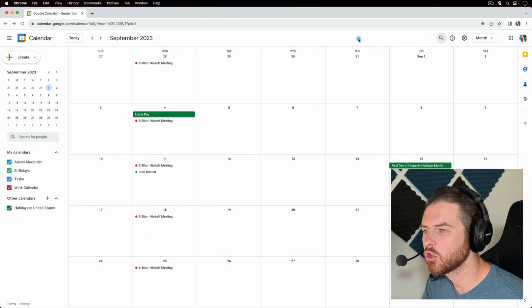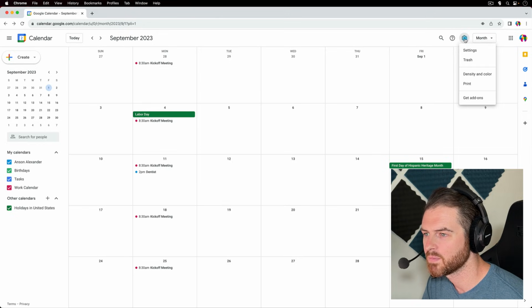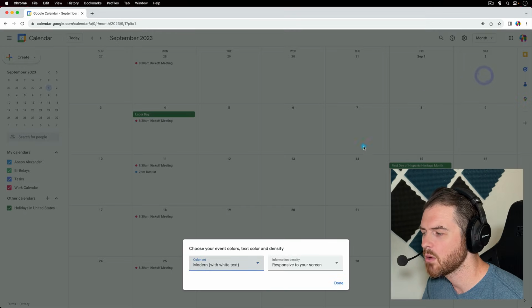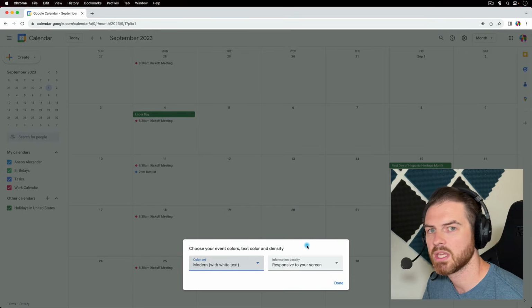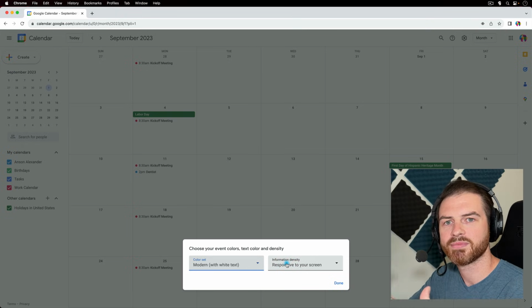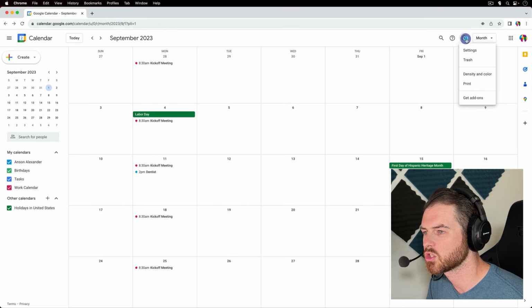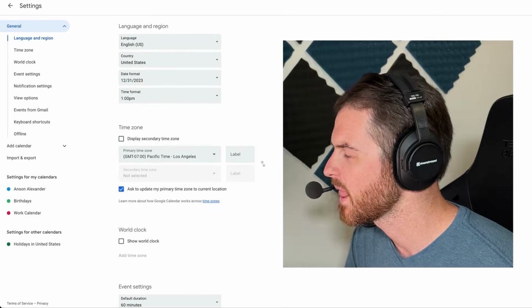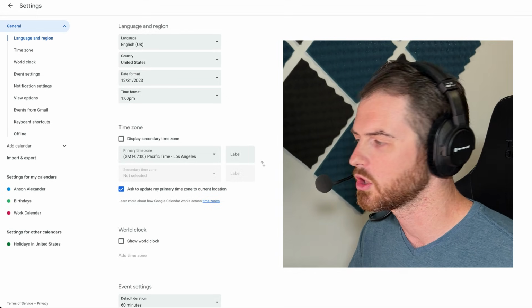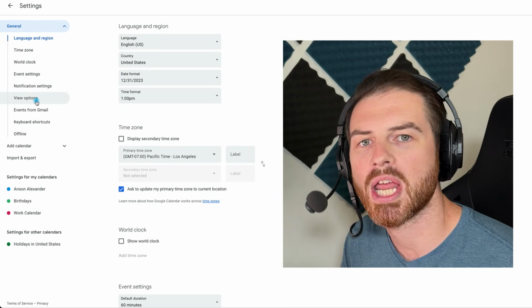Aside from that, let's take a look at our Google Calendar settings. So I'm just going to click on this gear icon. And first of all, notice that we have this density and color option, which allow us to change some of the aesthetic things about our Google Calendar, essentially what color set we're using and how dense we want the information. So do be aware that that is where that is. But what we really want to get to is the actual settings by clicking on the gear icon and then settings. So here we are in the settings, and we were here earlier. We were working in this bottom left area, and now we're going to go through our general Google Calendar settings.